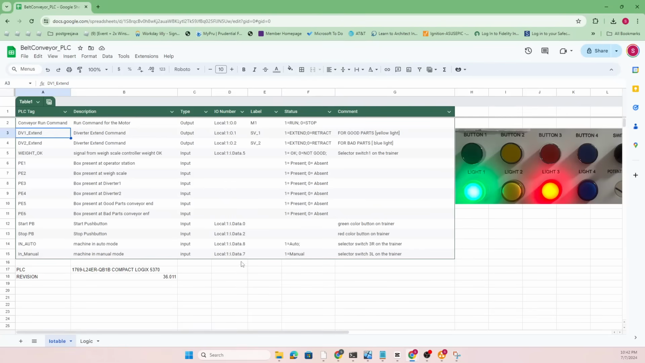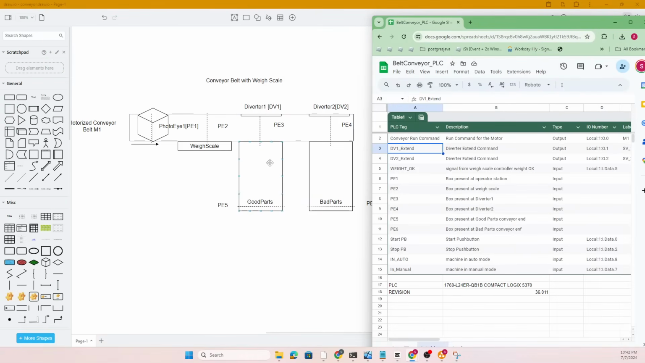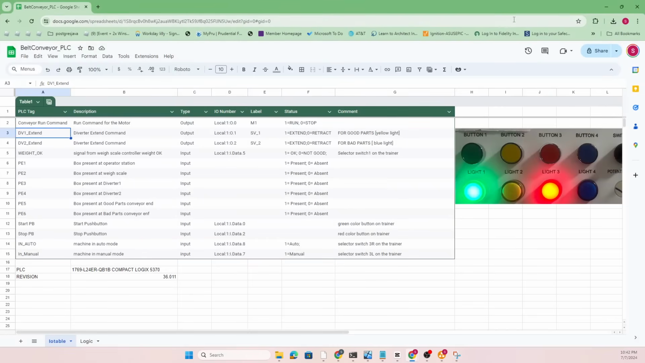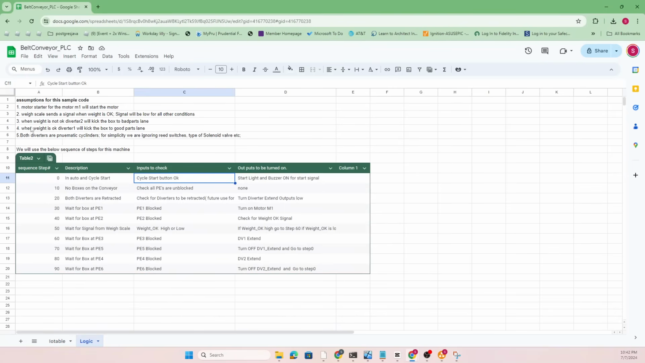So this is crucial. The first thing we need to understand is the layout, and the second thing is what are the inputs and outputs in play for this logic. And then, before going into the logic, we write down what are our assumptions. And since this is a basic video, we're going to use the motor is on a motor starter,